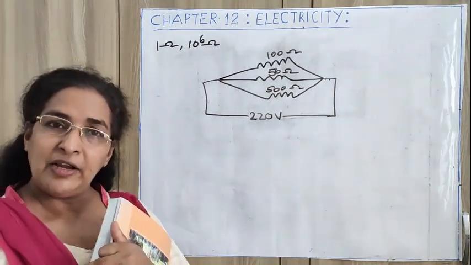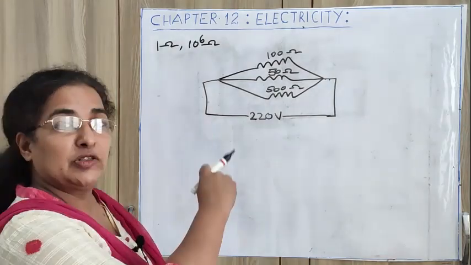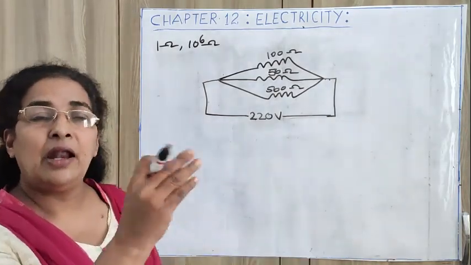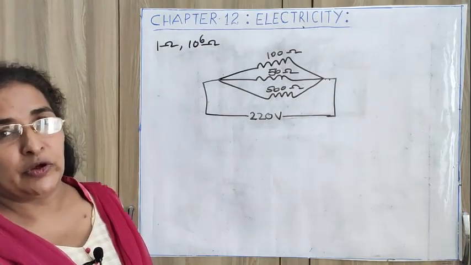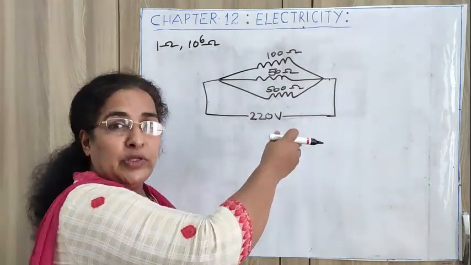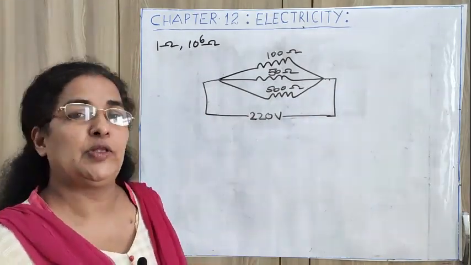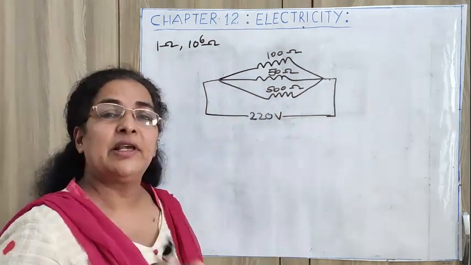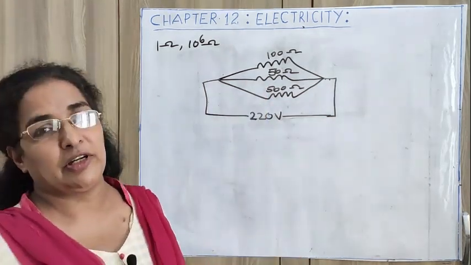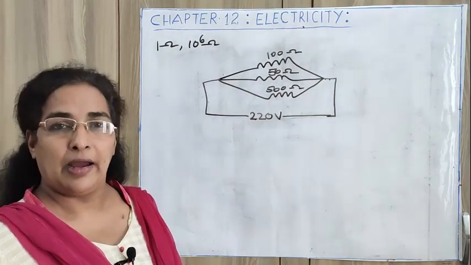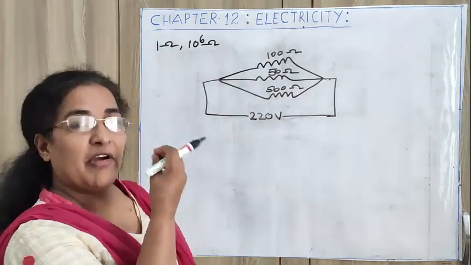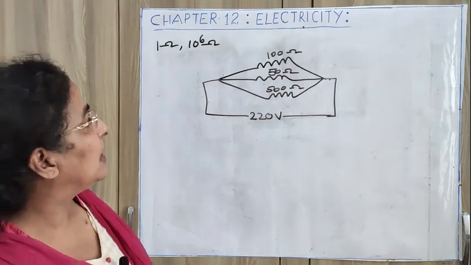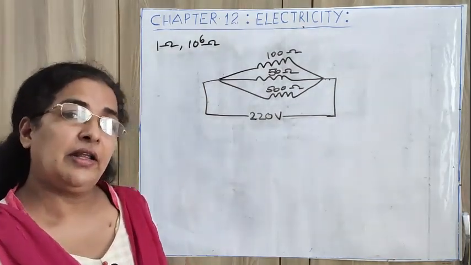Two parts are there. First you have to find out the resistance of that electric iron, and you have to find the current also. It means whatever current is flowing through this will be the current passing through the electric iron also, and whatever is effective resistance, that will be the effective resistance of the electric iron. So first I can find the effective resistance. How are they connected? They are connected in parallel.